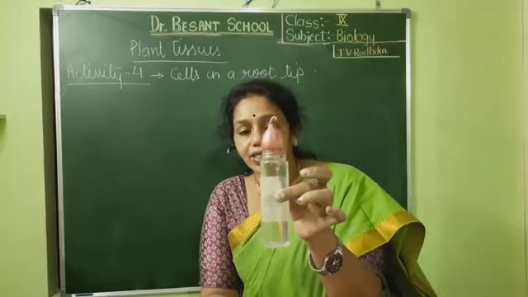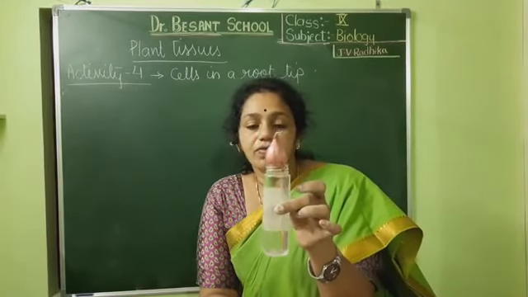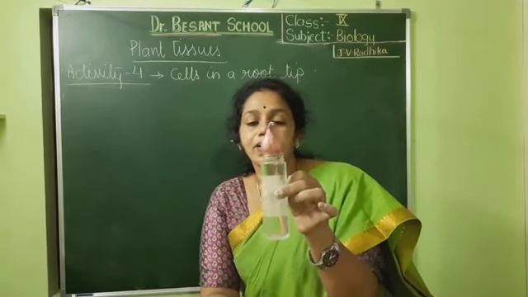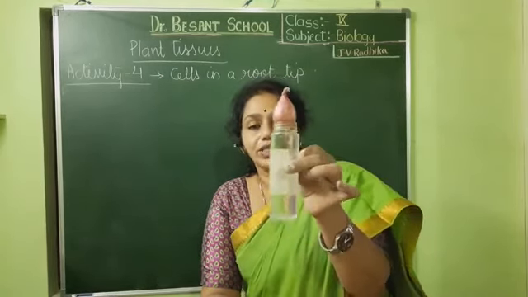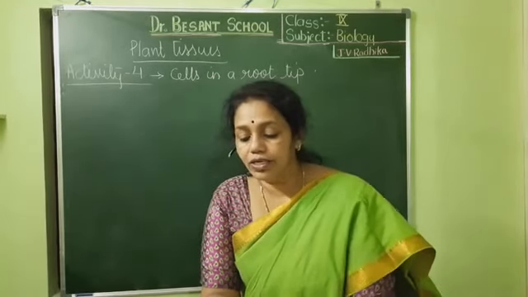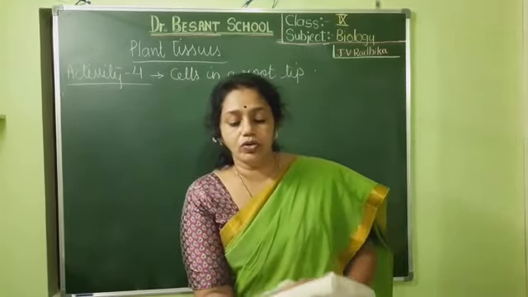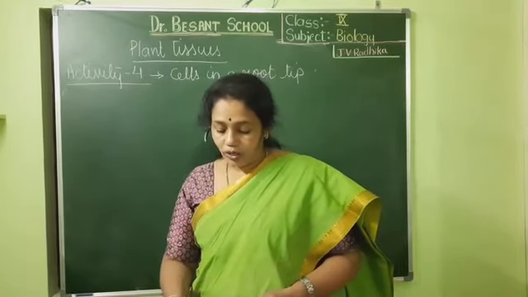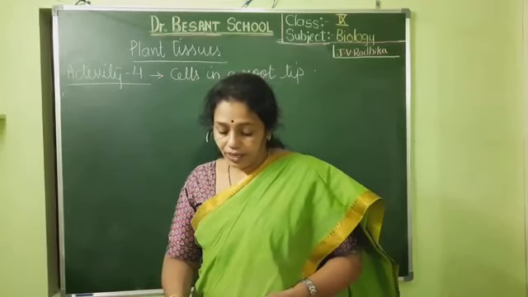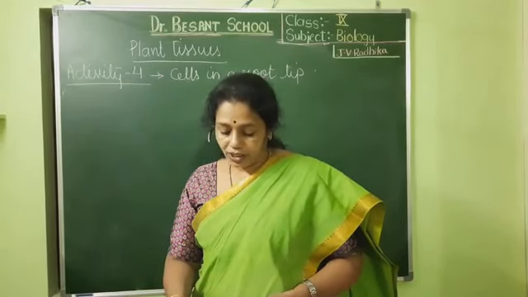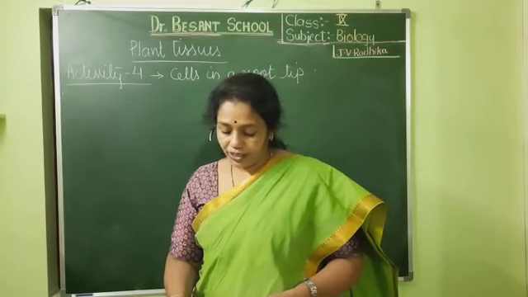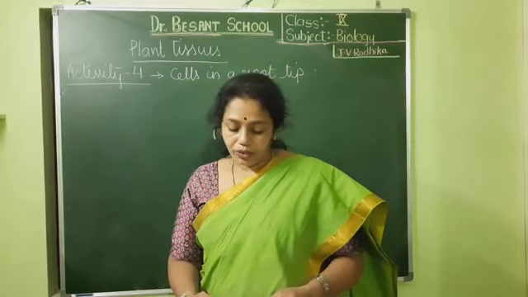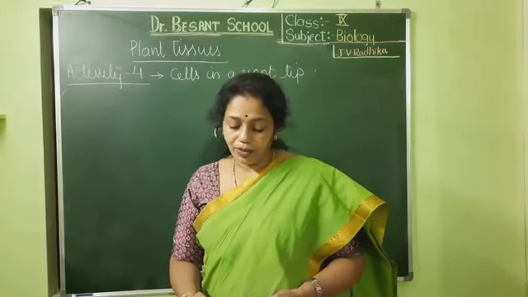So you can take any glass or any such small bottle in which you can see, or you can take a larger onion and a larger glass bottle. You have to place it in such a way that the roots will touch the water. Observe the growth of the roots for a few days till they grow to nearly an inch. Take the onion out and cut some of the root tips. Then take an onion root tip and place it on the slide. Put a drop of water and then a drop of glycerine on it. Cover it with a cover slip. Put 2 to 3 layers of filter paper on the cover slip.